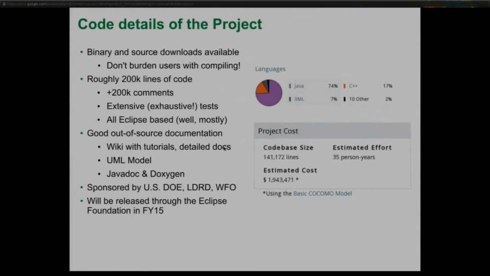Okay, code details. We produce both binaries and source code. Again, we want to make life easy. I can tell you one of the things that drives me nuts is when I go to a conference, or worse, I get a phone call from maybe someone who pays me, and they say, you have to use this code, or I get the idea to use the code, and then I can't build it. That's terrible. So we produce binaries. And you can go to the website on here, and you can get a binary. We don't want to burden users with that.